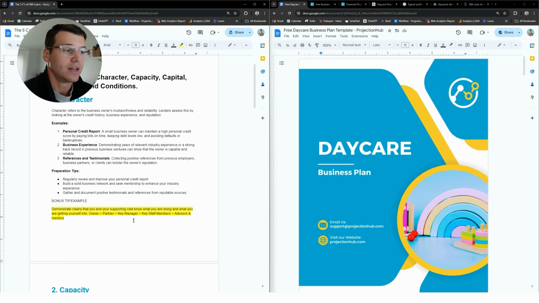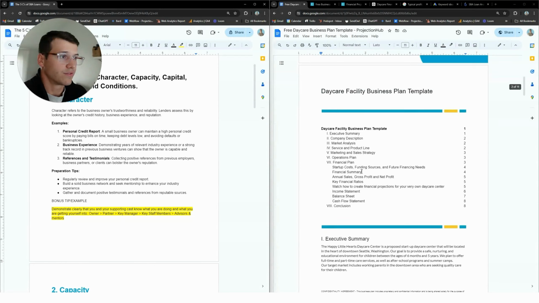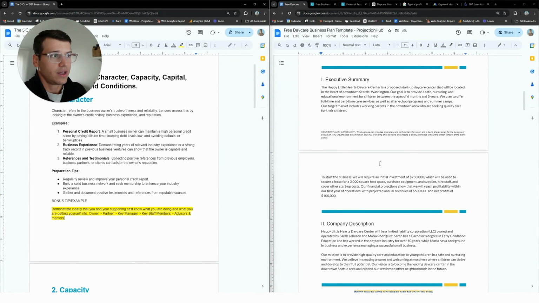The actual act of managing the logistics of a daycare, certifications of taking care of children, there are things there that are missing. And so we need to demonstrate that we are supplementing our experience. So the next step would be, are you going to have a partner in the business that brings that missing skill set? And you can see here in this free daycare business template, which I'll link down in